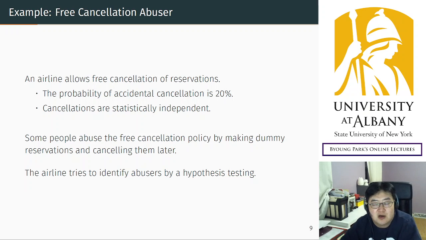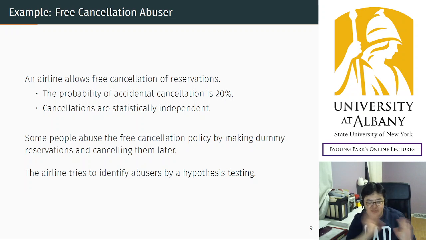Hello. Here I will start with an example. It's an interesting example to consider hypothesis testing. So think about an airline or hotel or whatever. It allows free cancellation of the reservations made on airline flights, and the airline company